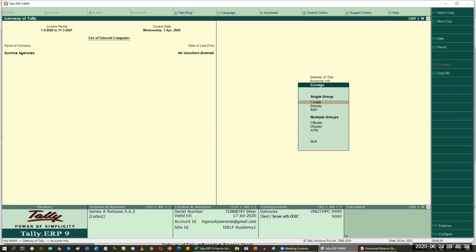So when I get into the groups, you can see that all the options are active. If I'm going to create something new, then only the create button will be active, and the others would be grayed out. But all the buttons are active here, so something is available inside. I want to see how many of them are there. To see all of them in one shot, I'm going to use the multiple group display option. I'm navigating with an arrow mark here.